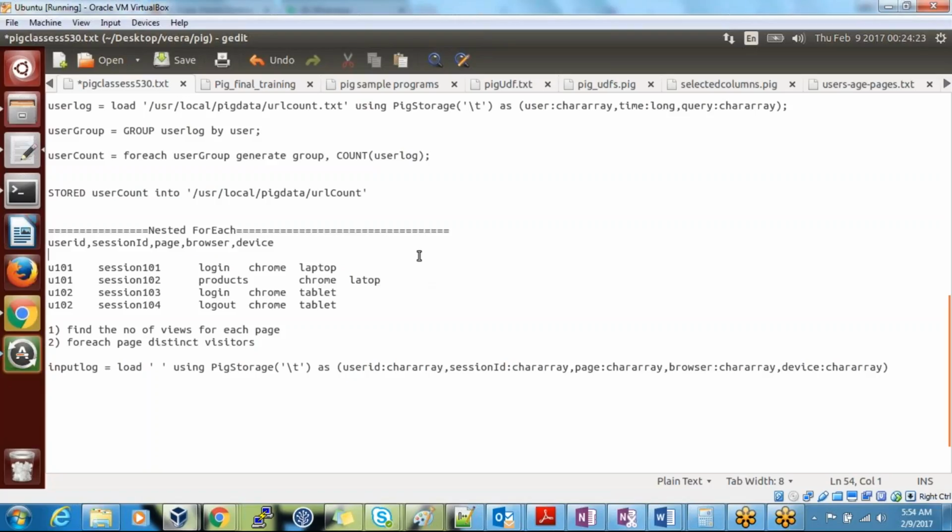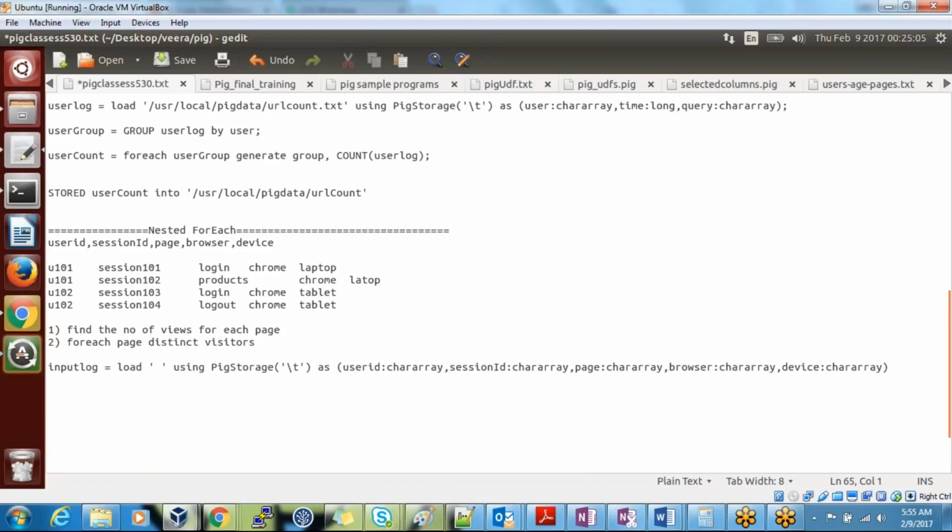Now come down. First we loaded the data. After that, what is the first question? Number of views for each page. So now I need a count, page wise. Tell me, guys, what I need to do. We'll do group by. We need to do a page wise group, correct?